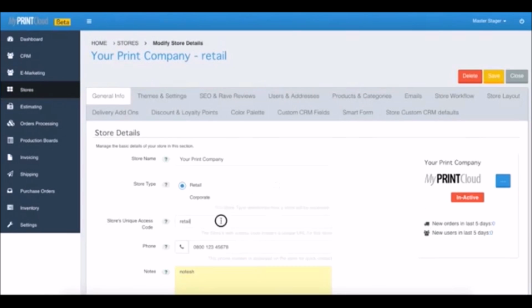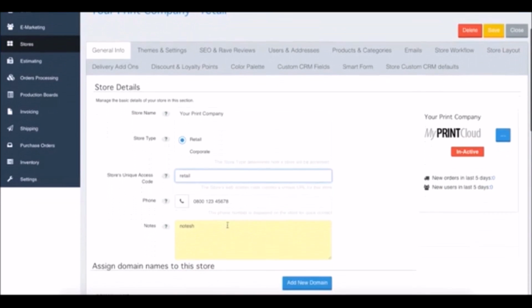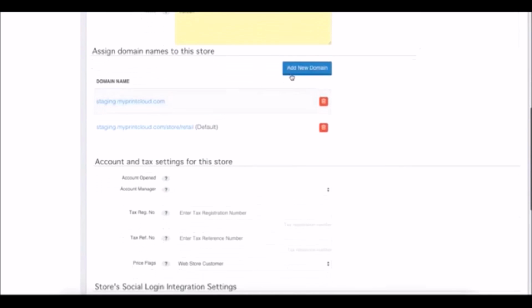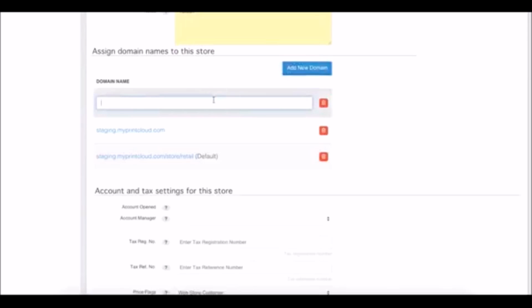So quickly go in and grab your logo, and you've got this store's unique access code. Now for the retail store, you can just leave it as is. Put in your phone number, any notes you wish to add. Now once you've configured your retail store, you'll want to add your domain name. So click here to add your own domain name, which will be